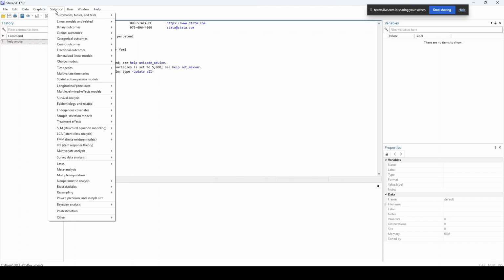epidemiology and related, endogenous covariates, sample selection model, treatment effects, structural equation model, latent class analysis, finite mixture model, item response theory, and then multivariate analysis, survey data analysis, lasso, meta analysis,